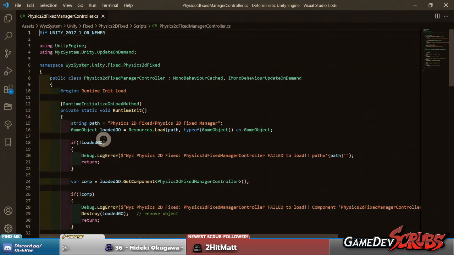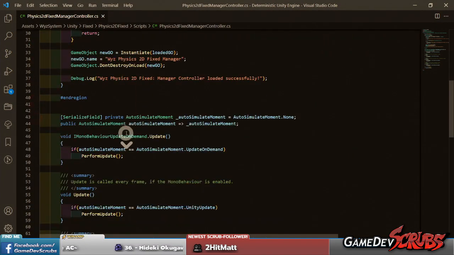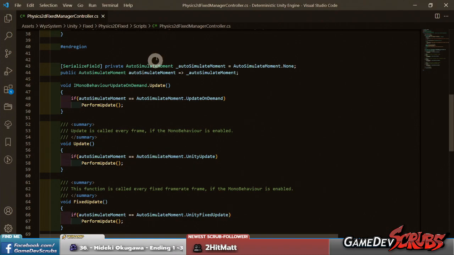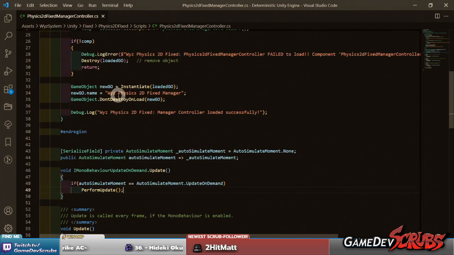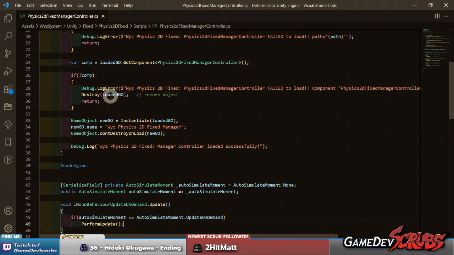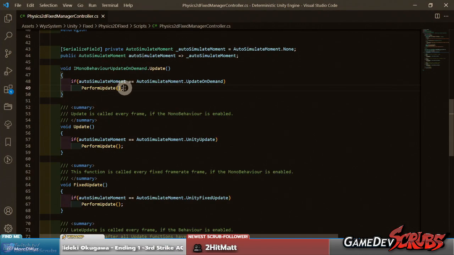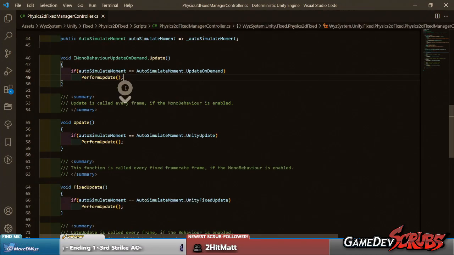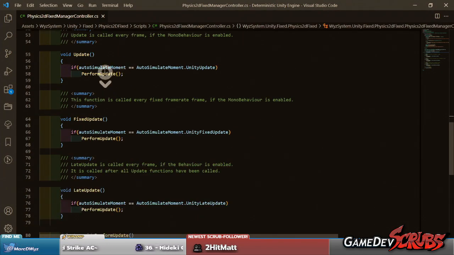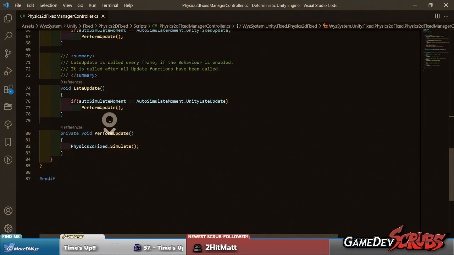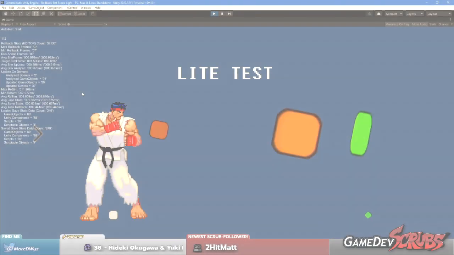Here we go. This is source code. It's just the code that runs the game, and here's my physics 2D fixed manager. So you get a little sneak peek at all the mumbo jumbo. Here's my update on demand. Oh, this is the middleman controller. This is the one that calls the update to happen, and I can set it to run an update, fixed update, late update, whatever.